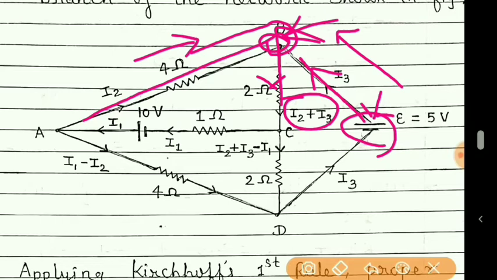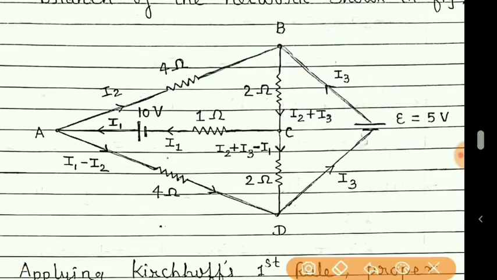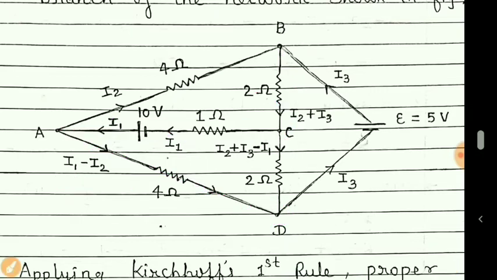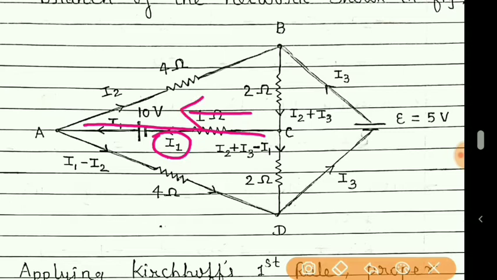Now here this current I1 minus I2 is moving to point B. But this current I2 plus I3, when it reaches point C, what is that current? Students, remember that if the current is I1 on this path, then from A to C the same current should be there. The current cannot be different along this single path. So here the current is I1 only, moving towards the negative of the battery.